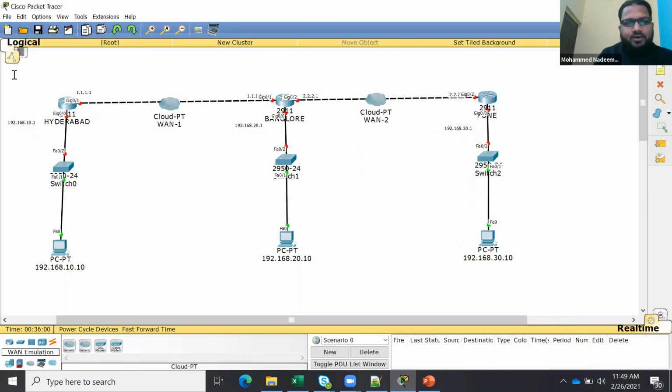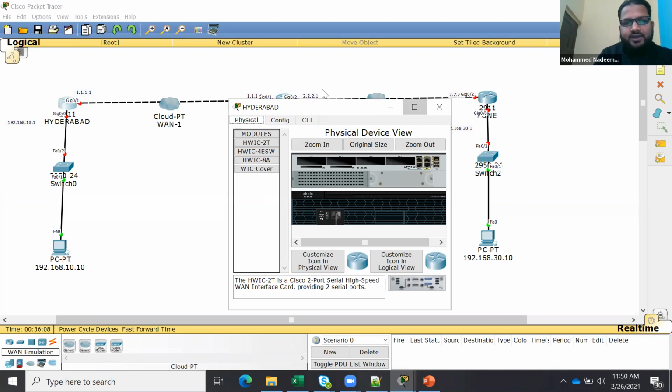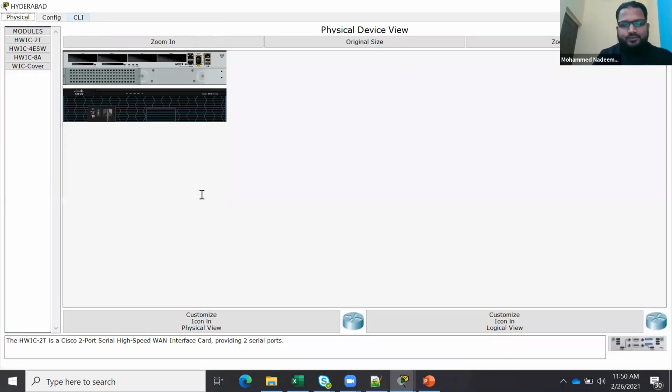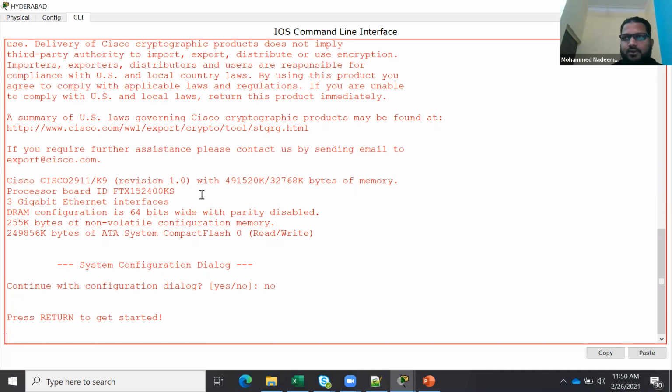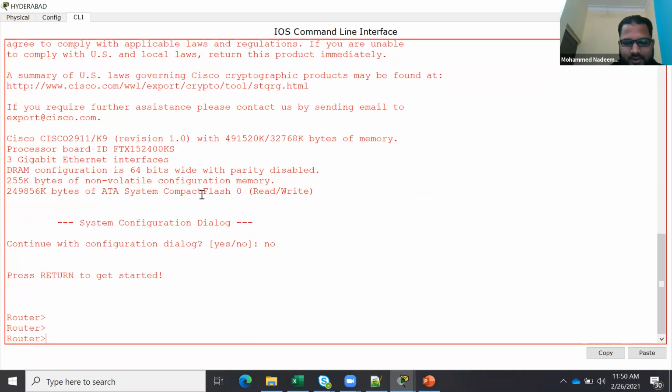Now let's start configuring the routers. We need not configure anything here. First I'm configuring the Hyderabad router, so I'm making it larger. In the CLI you can see it is asking, do you want to configure dialog? Just say no. Now enable.